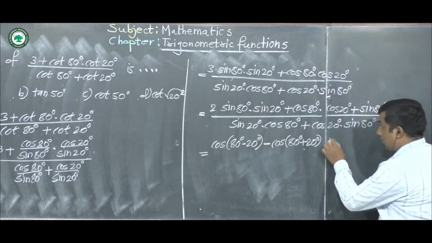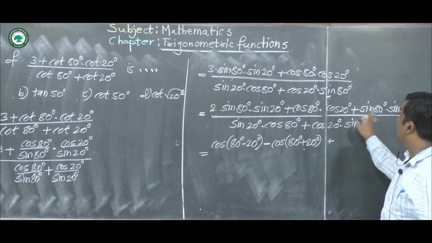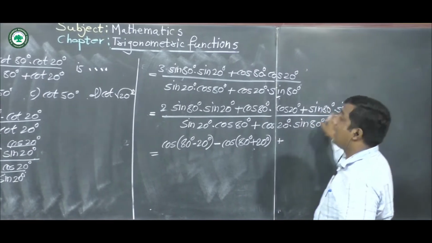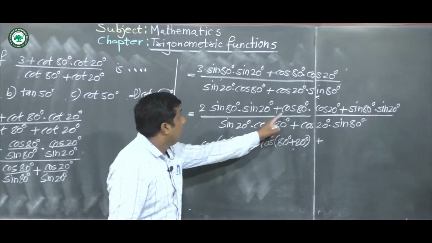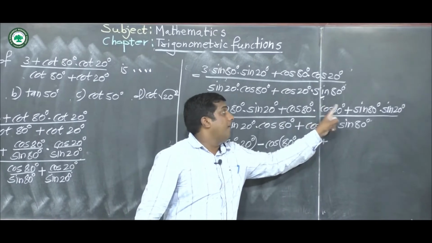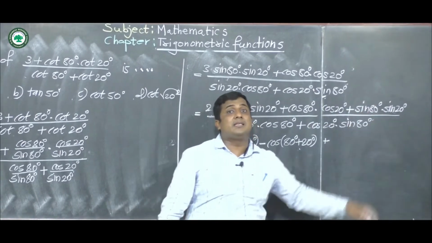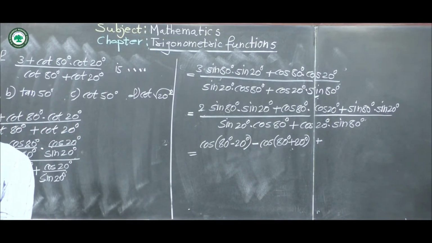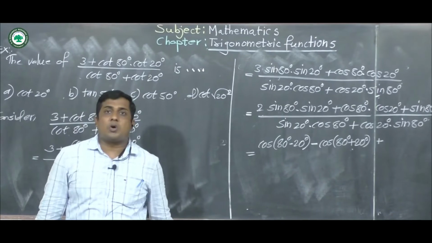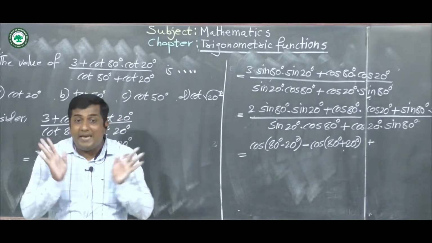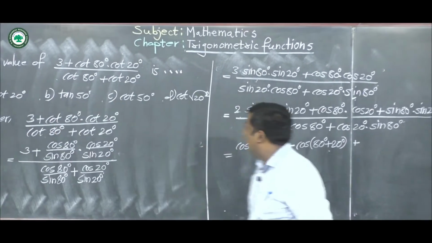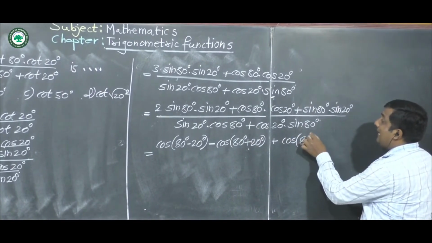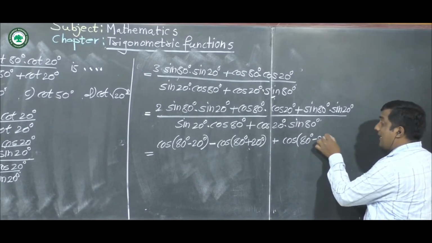In next step, consider these two terms: cos 80 degree into cos 20 degree plus sin 80 degree into sin 20 degree, which is of the form cos A cos B plus sin A sin B. And we know cos A cos B plus sin A sin B is cos of (A minus B). So here I write cos of A minus B means 80 degree minus 20 degree,